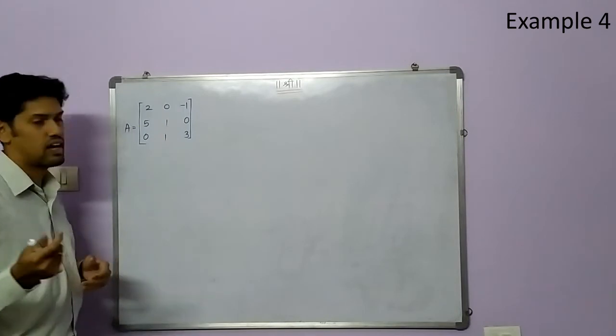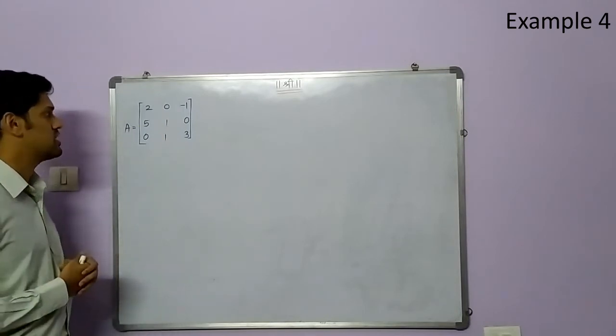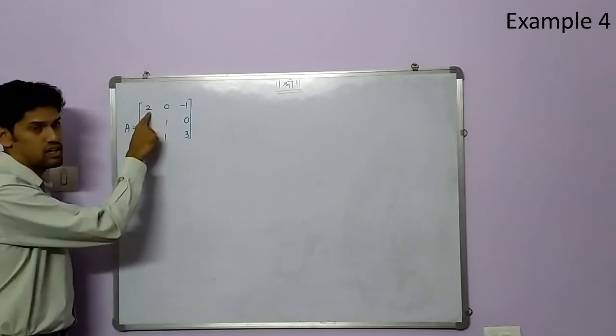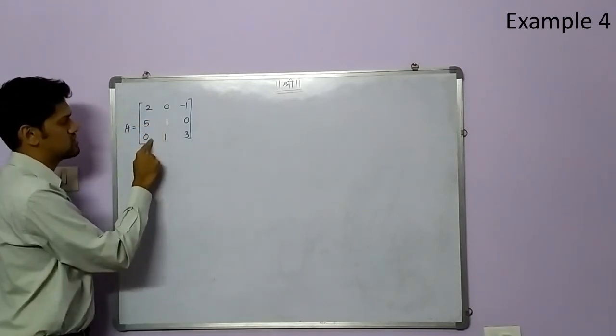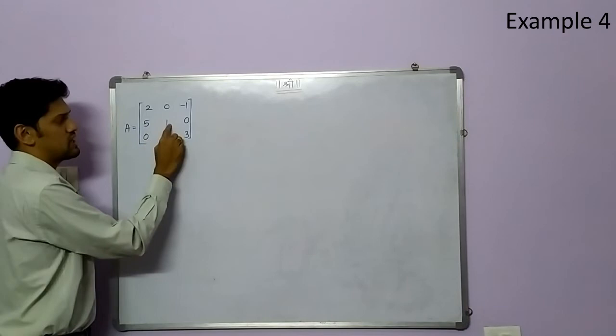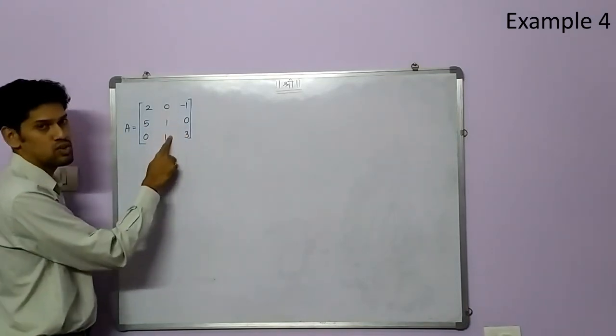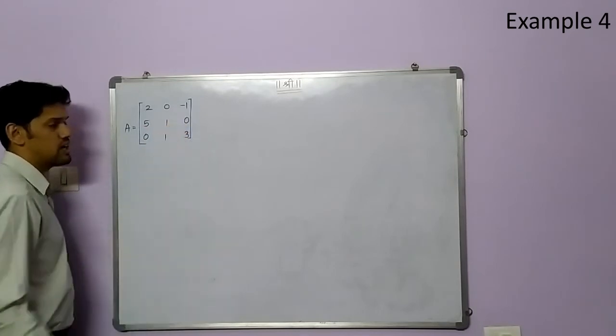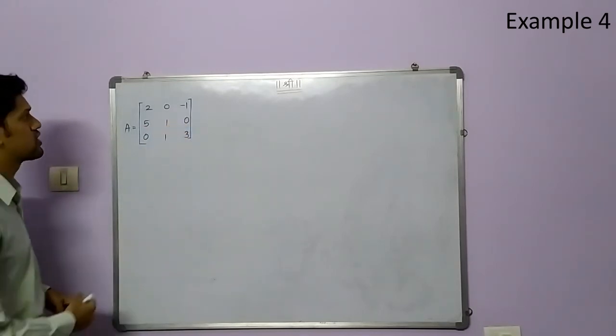So like we have seen in the animation before, for row transformation we have to make this as 1, followed by this 0, this 0. Next will be this as 1, then this and this 0. And the last step will be to make this 1 and this as 0. Now we are following row transformation.